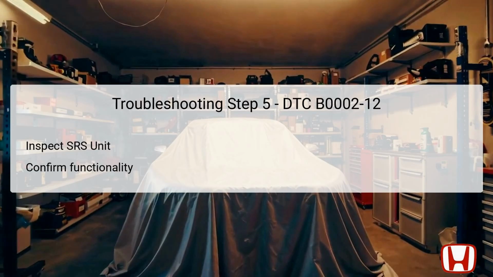This final troubleshooting step involves inspecting the SRS unit itself. If the previous inspection items, such as the driver's airbag and cable reel, returned normal results, it leads us to conclude that the SRS unit may be the source of the issue. At this stage, technicians should investigate the unit for any signs of internal faults or malfunctioning circuits. Since there is no direct testing method for the SRS unit, relying on the outcomes of previous inspections is essential. If all other components are functioning correctly and the DTC persists, replacing the SRS unit is likely necessary to ensure